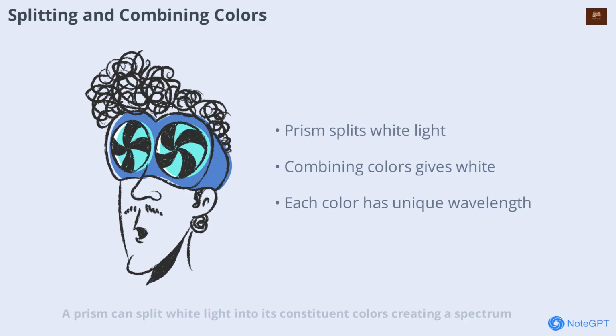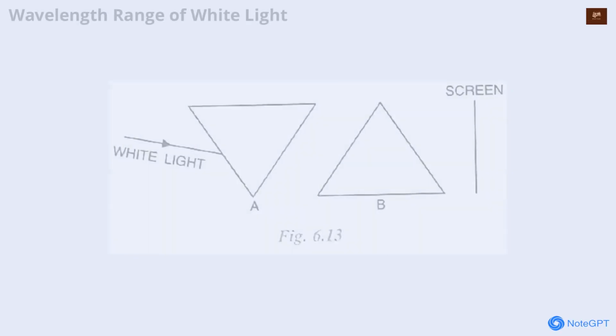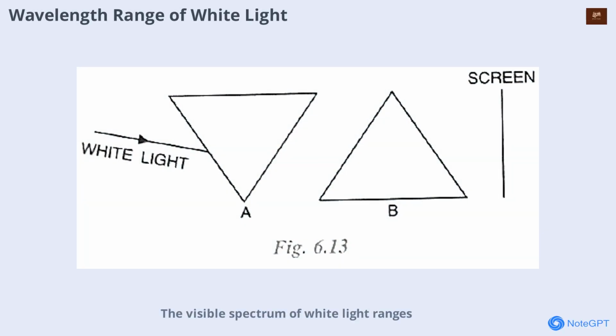A prism can split white light into its constituent colors, creating a spectrum. Interestingly, if you combine all the colors of the spectrum again, you get white light back. This shows that white light is a mixture of all visible colors, each with its own wavelength. The visible spectrum of white light ranges from about 4,000 angstroms to 8,000 angstroms, or 400 nm to 800 nm. This range covers all the colors we can see, from violet at the short wavelength end to red at the